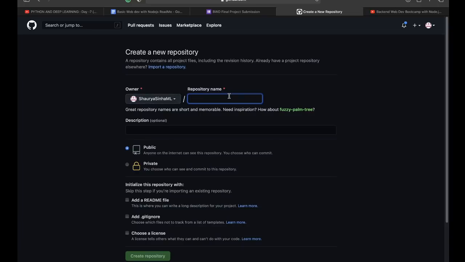Name the repository with your own name, that is Shaurya underscore ShapeAI Sinha. So let's make it ShapeAI underscore Shaurya Sinha. This has already been taken because I have already made two more repositories for Python as well, so I'll just name it ShapeAI Shaurya Sinha underscore 2. For example, if your name is Rahul, it will be ShapeAI Rahul Sinha underscore 2, depending upon what your name is.